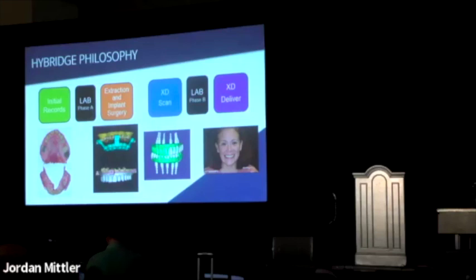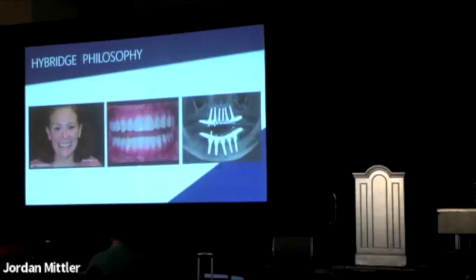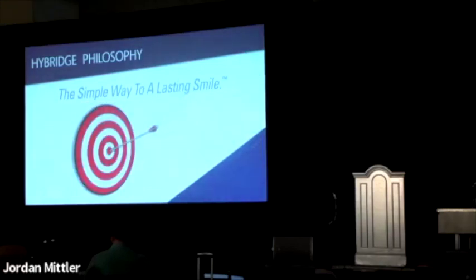And then we communicate with Smile Design software what the difference is between the provisional and what the final is, with the hopes that we're going to hit the target. And then 3 weeks later, we deliver a definitive restoration that we feel is the indicated set of materials. So taking a patient from surgery to done in 6 weeks, with the idea that hitting the target is we